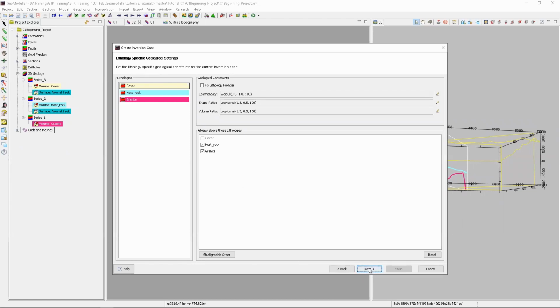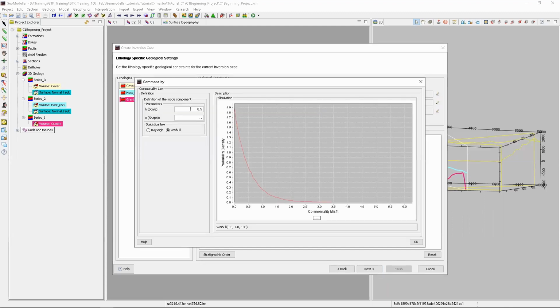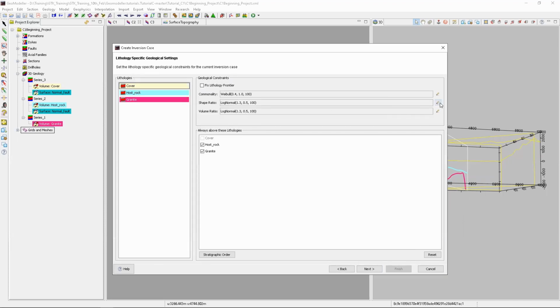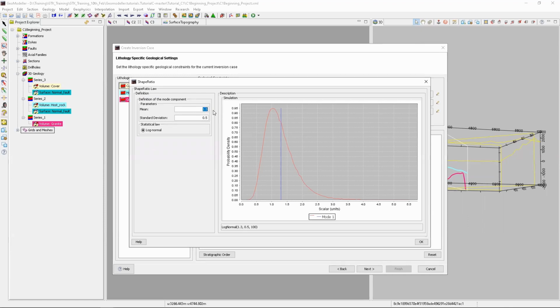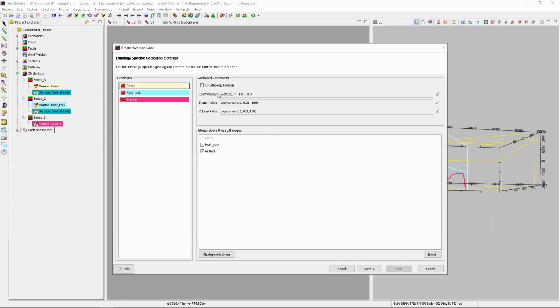And this time, what we'll do is we'll use the commonality. We'll use the commonality 0.4, that is fine. Click OK. And the shape ratio around 1, 0.01. Okay. I'm just going to use the commonality and the shape ratio in this, in addition to the stratigraphic ordering intent. This time we have